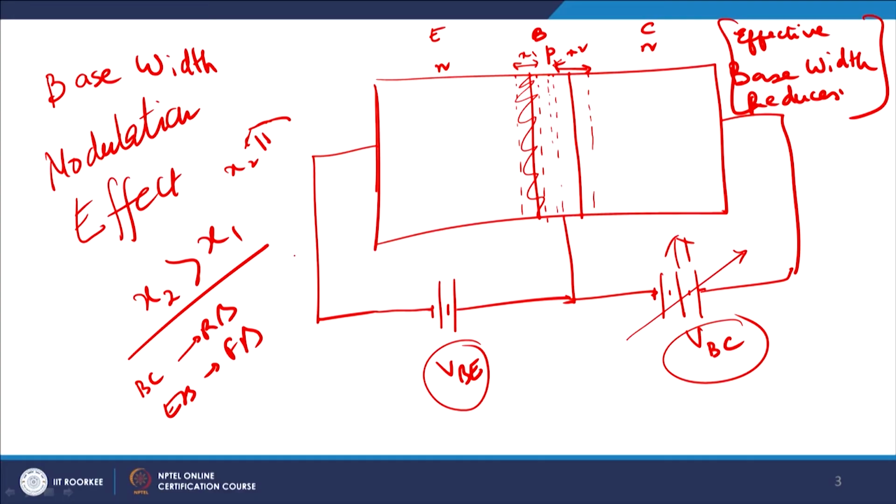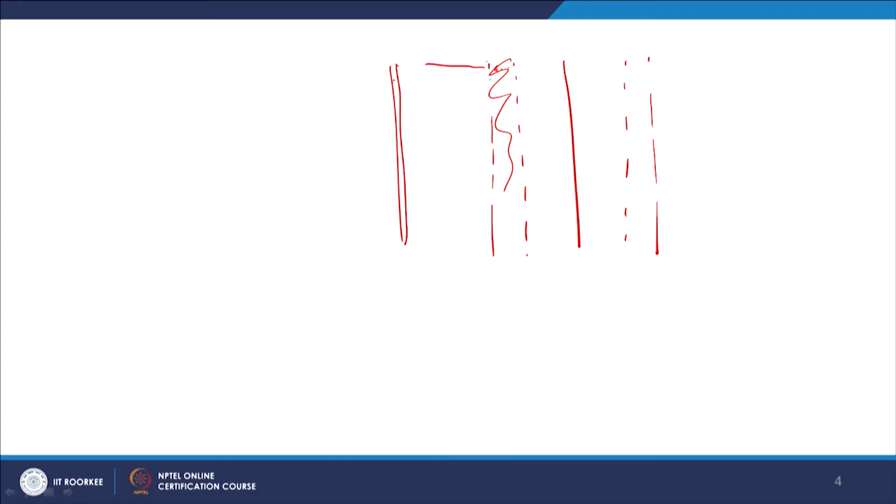So, your base was something like this. Now, your collector base junction was reverse biased like this. Now, increase the bias and this line has shifted to this part and it has become something like this. Which means that this much amount of base is gone, and therefore the effective base width is reduced to this much amount only,